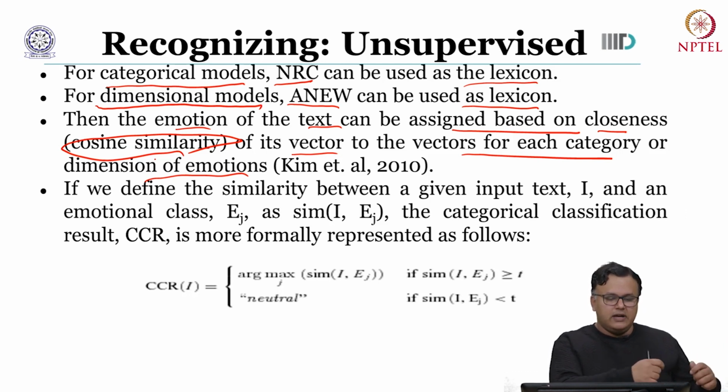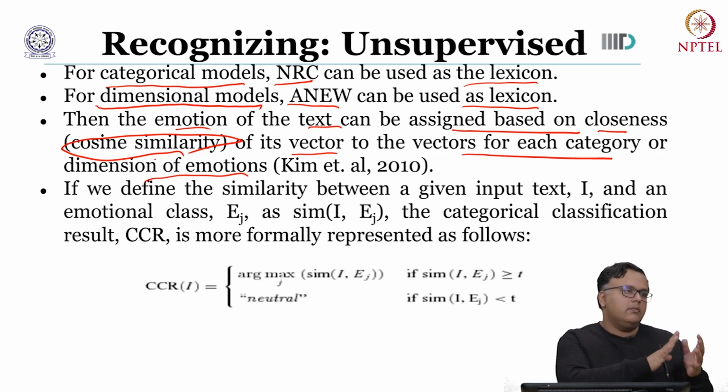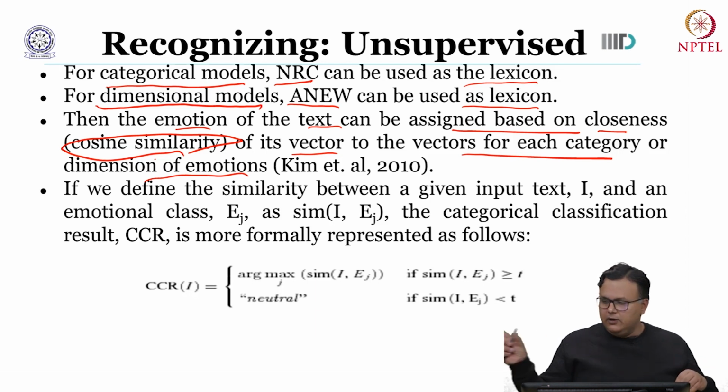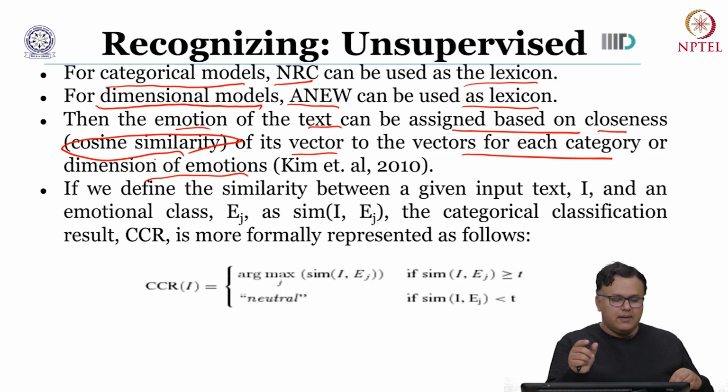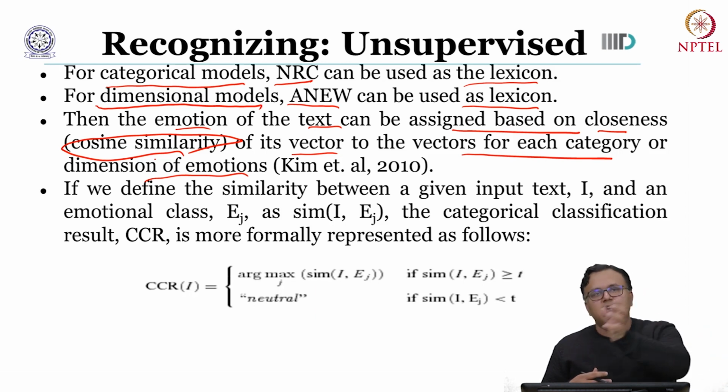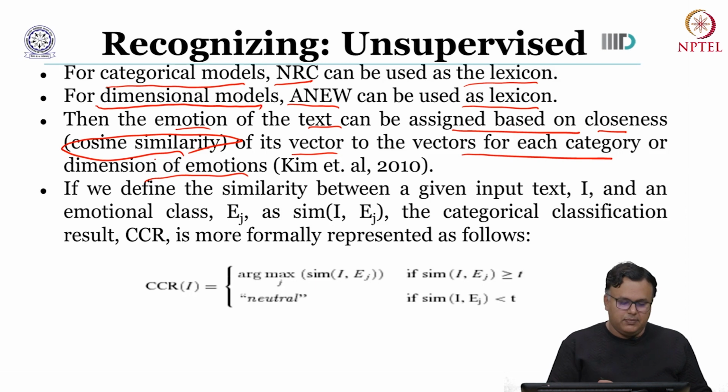So you would have some samples, some data points. Now these data points would have some category or some dimensional emotion-based intensity assigned to them, and a new sample comes in. You compute the cosine similarity between this sample and the samples which already have the labels, and you assign the one which is closest, right? So the closest sample from the data will use those labels and assign it to the new sample.